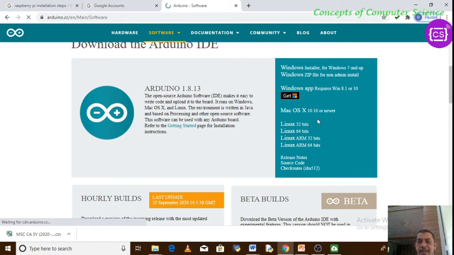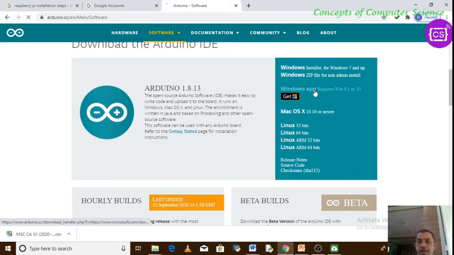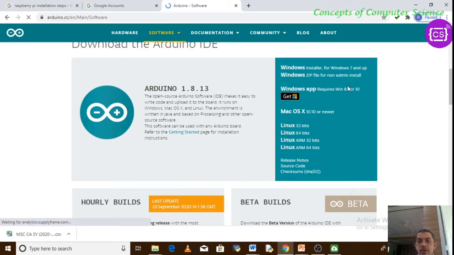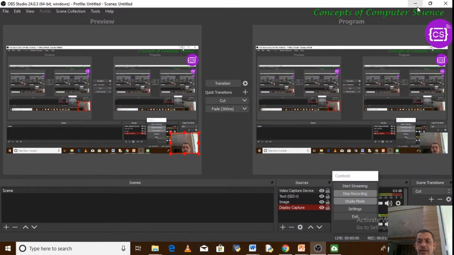Just select your operating system. My operating system is Windows 10, so I can click here so that the Arduino IDE gets downloaded on my system. Once you download this, install it. Very simple steps are there. Follow those steps to install the IDE.